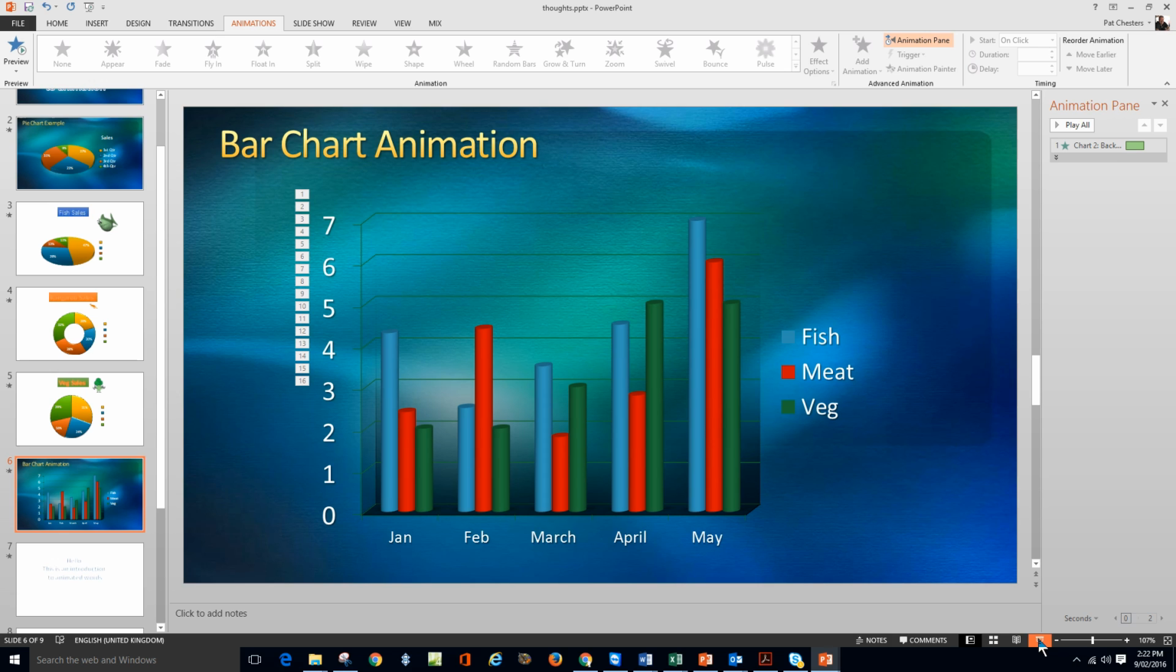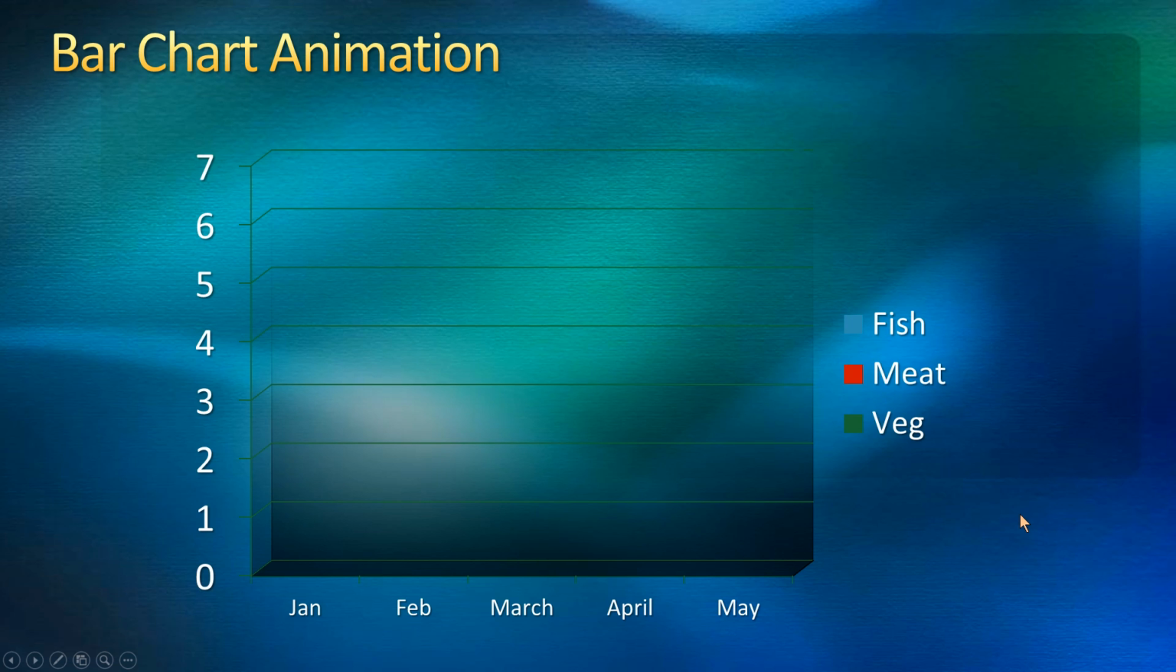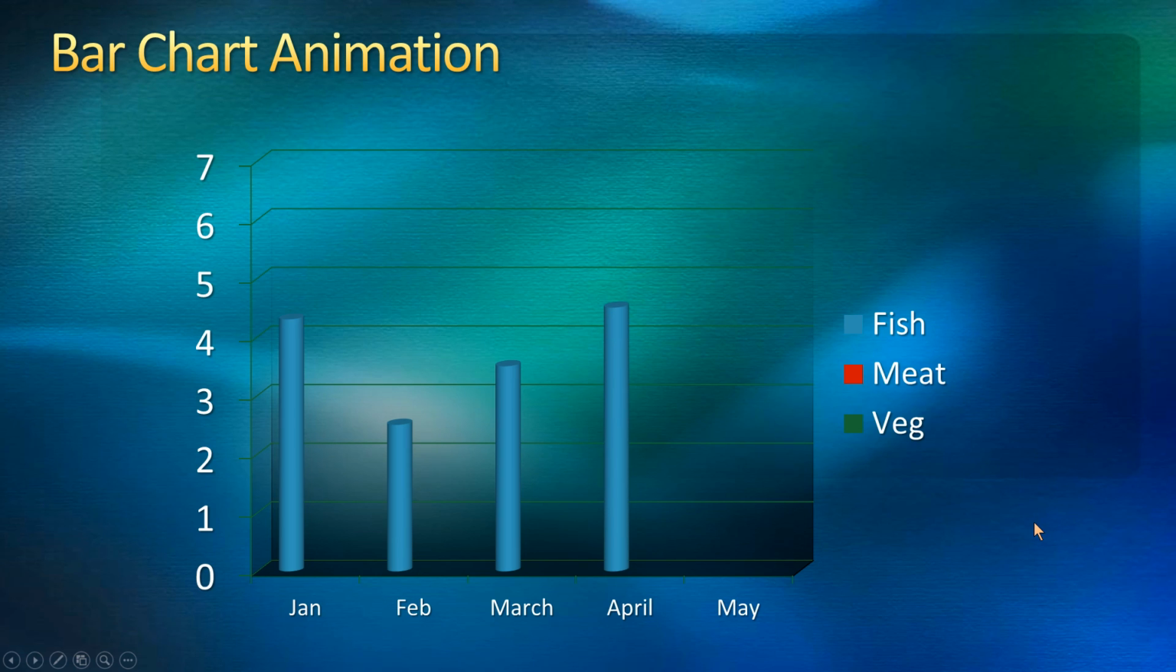So let's just run it. Again, we get the background, we get the chart and the series. Now the first click is giving me the first part of the series, so January for fish, then Feb, March, April, May. And you can see you could talk about that as a chart in its own right,